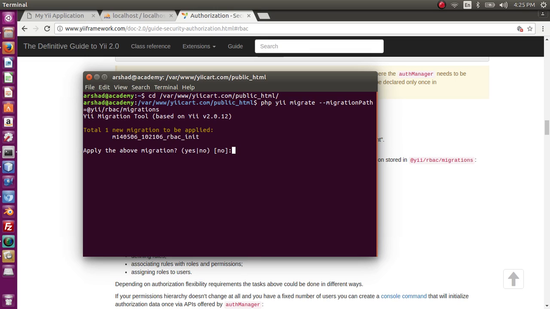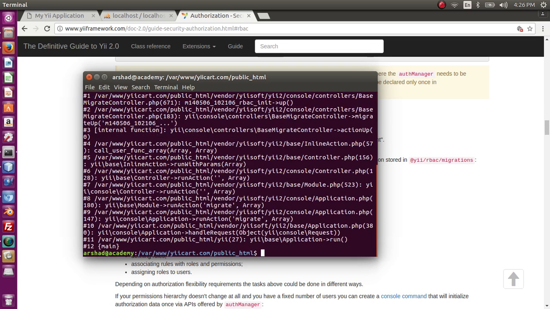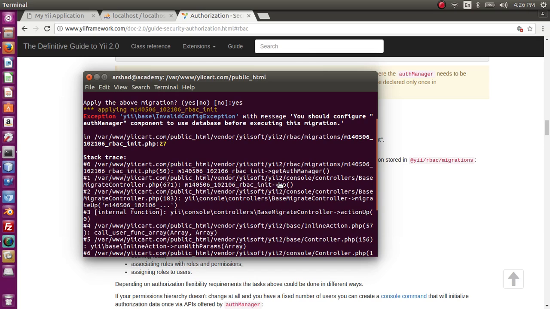Okay, it says total one new migration to be applied. Apply the above migration, yes. So the migration has not been applied, and it seems there was some error. The error was with the message: you should configure auth manager. Okay, so what we have to do,